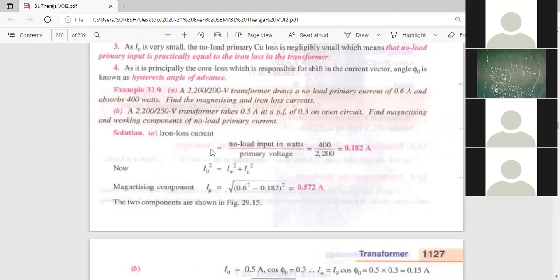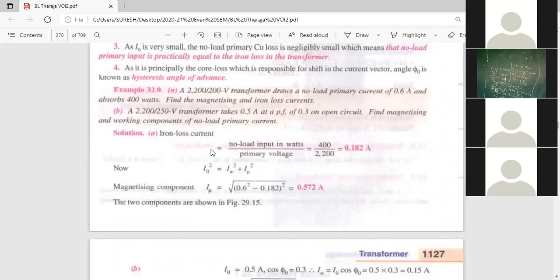If phi is 0, see the phasor diagram. I is equal to I naught, or not? Okay, I am taking V1 into IE, that is equal to 400. I want to determine IE now. IE is equal to 400 by V1. V1 is 2200. First, I am determining the exciting current or working current. I naught is coinciding with IE in angle, but IE is not equal to I naught because I naught is divided into IE and IM. We have to determine IE.